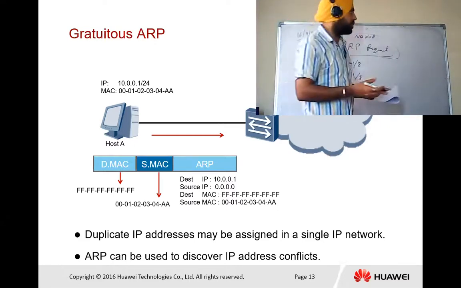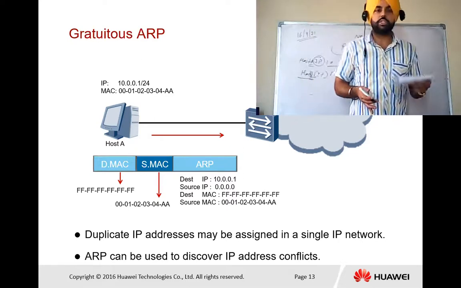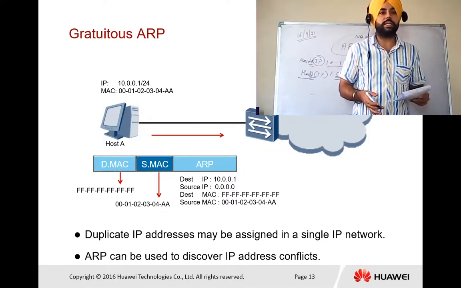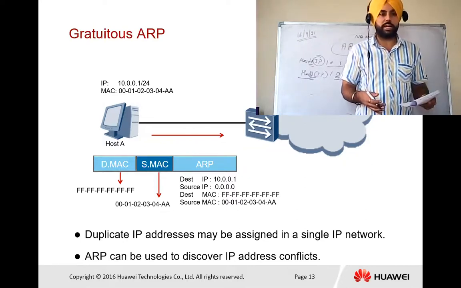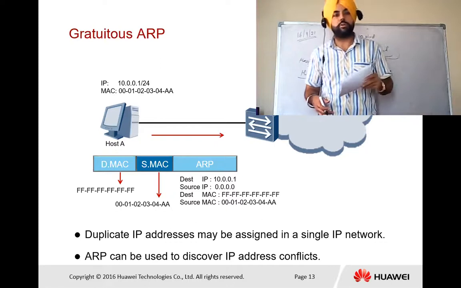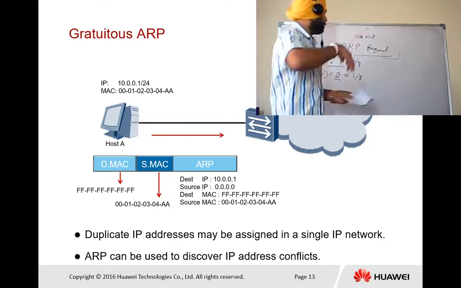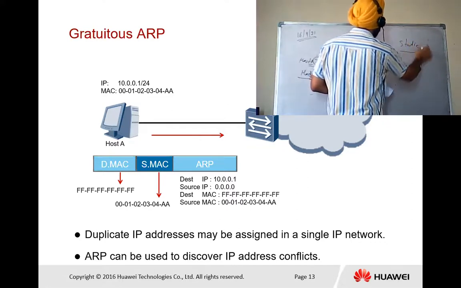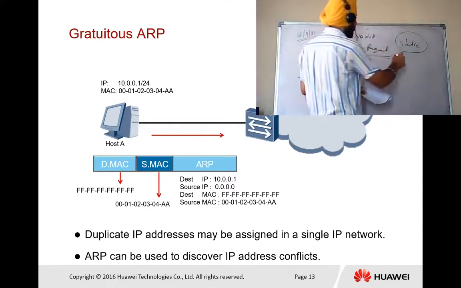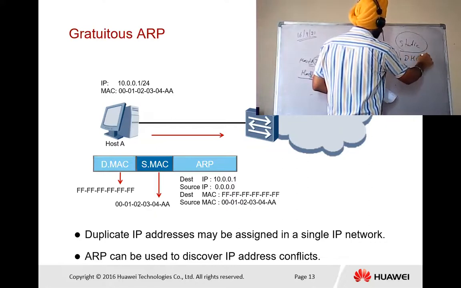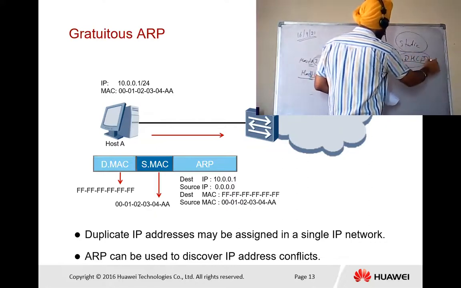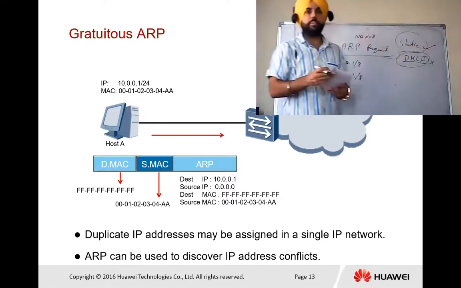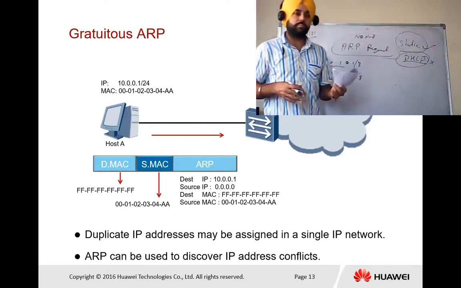What is the need of checking the uniqueness of an IP address? Suppose we have a single LAN environment and we are connecting 20 PCs on a single network, and we are going to assign IP addresses statically. We have two ways of assigning IP addresses: one is static and the other is with the help of DHCP. We are not using DHCP right now. We are just talking about static, meaning we assign IP addresses statically to the PCs.